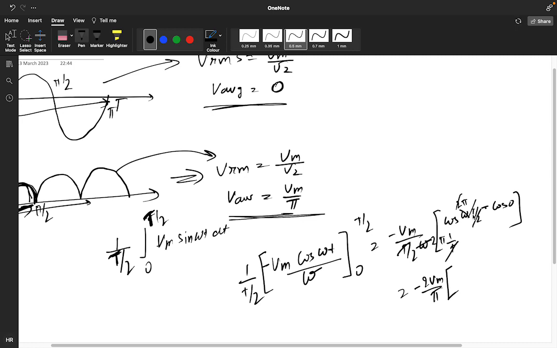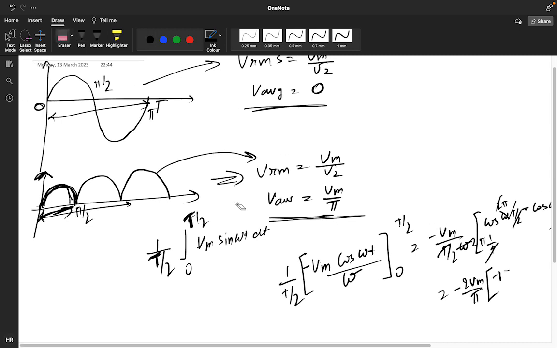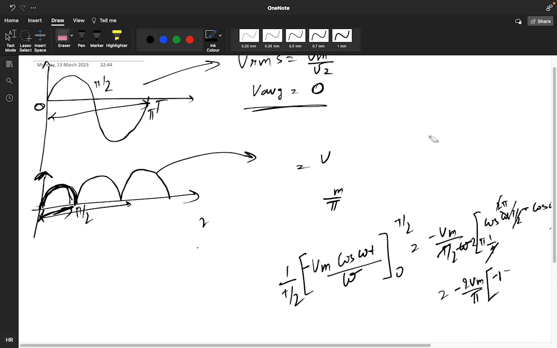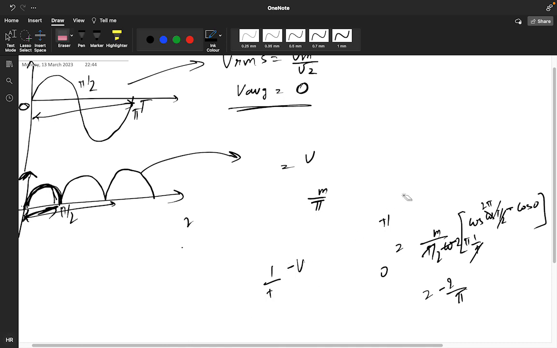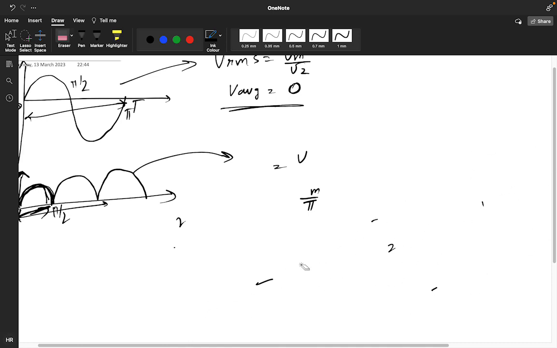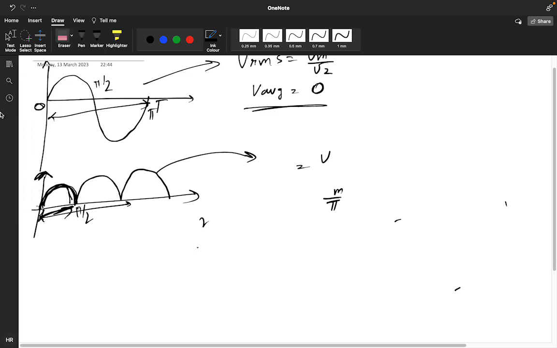So cos pi value is minus 1 and cos 0 value is how much? Cos 0 value will be 1. I'm solving means wait just a minute. I did some wrong thing here. It's coming wrong. See guys,